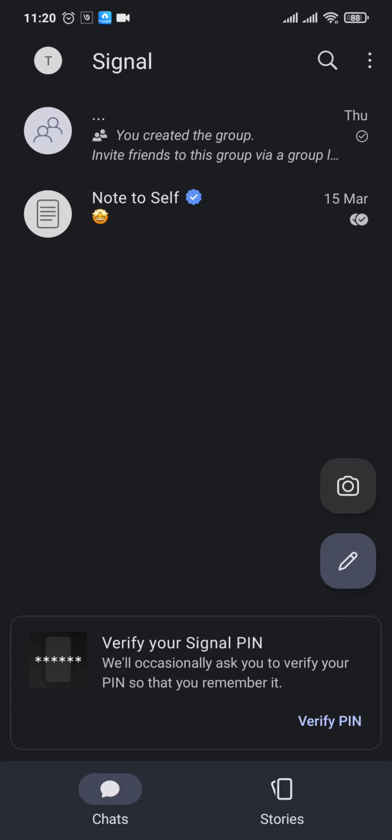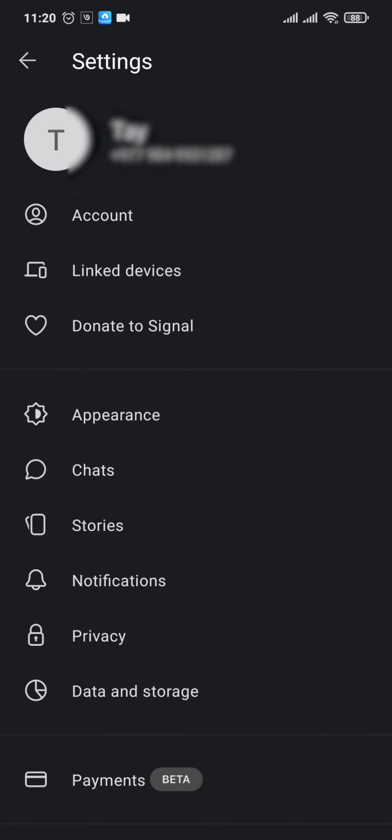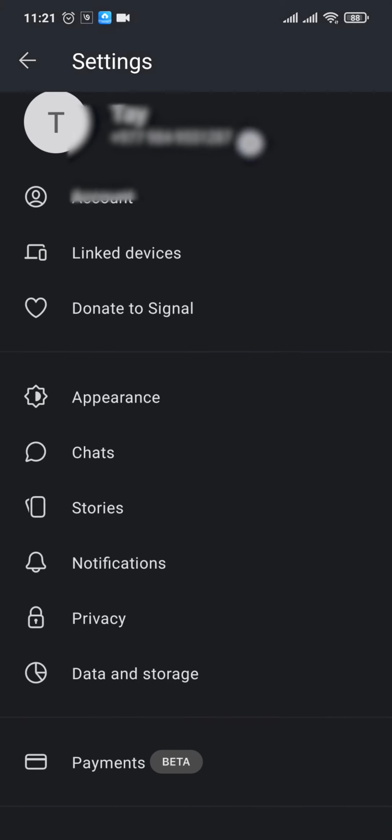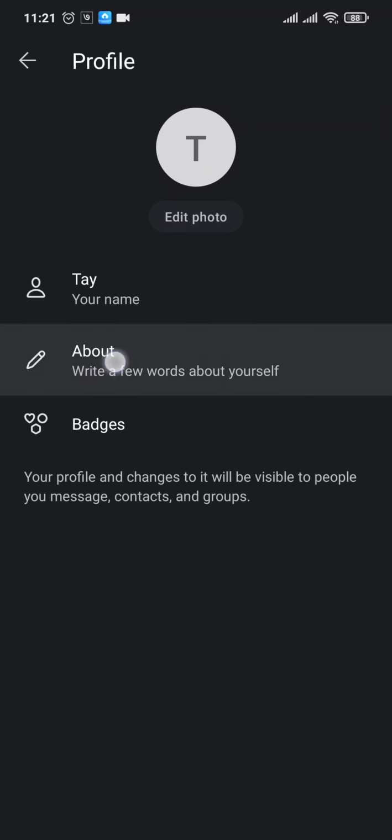Open up your Signal app and tap on your profile icon, which you see on the top left. Once you tap on this option, the settings page will open up. Now through the settings page, the first option that you see is your name and your phone number. So just tap on this option, and inside you can see your name, your about if you have added any,